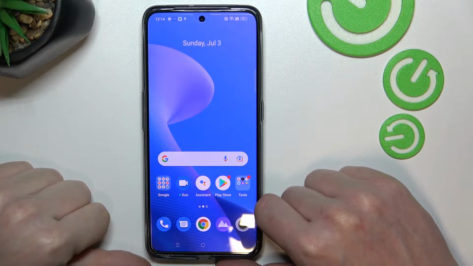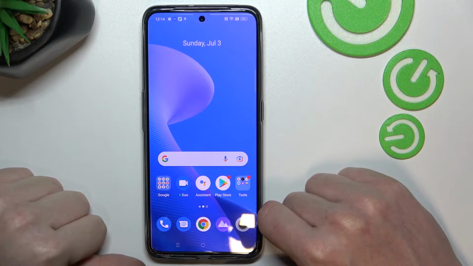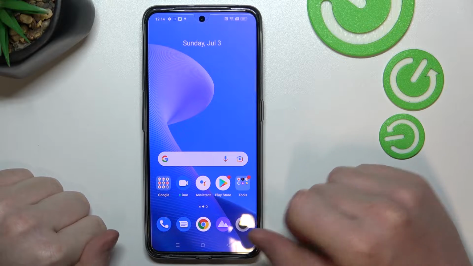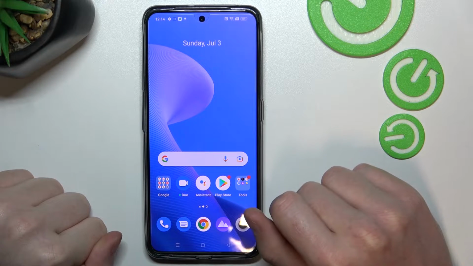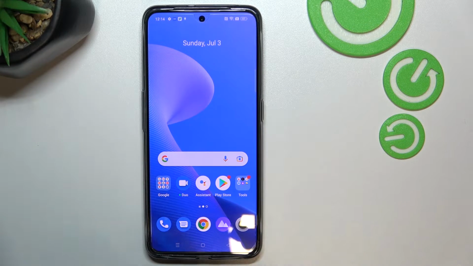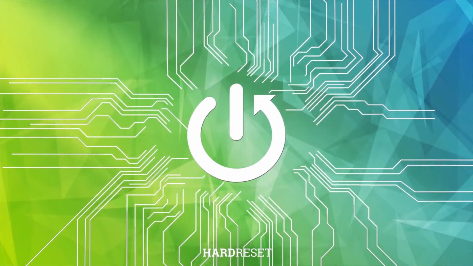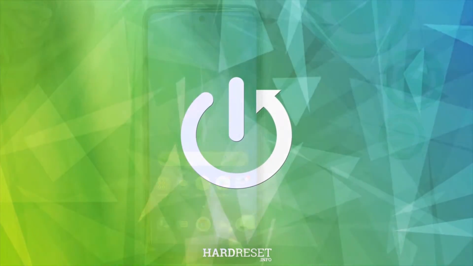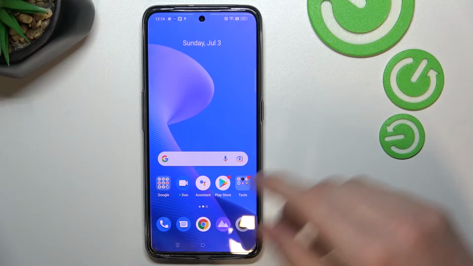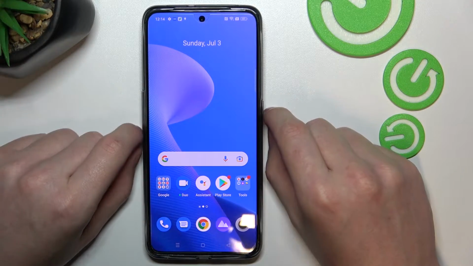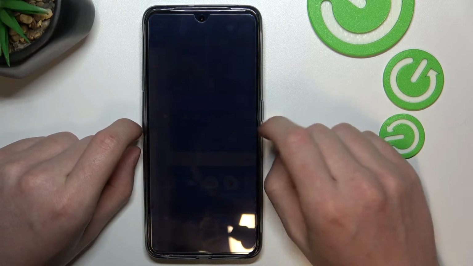Hello, in this video I want to show you how to take screenshots on Realme GT Neo 3 and any other series that comes with this, and I'll be showing you all possible ways you can attempt that. So the first one, and the most simple one for taking a screenshot, we're going to cover the screenshots first,